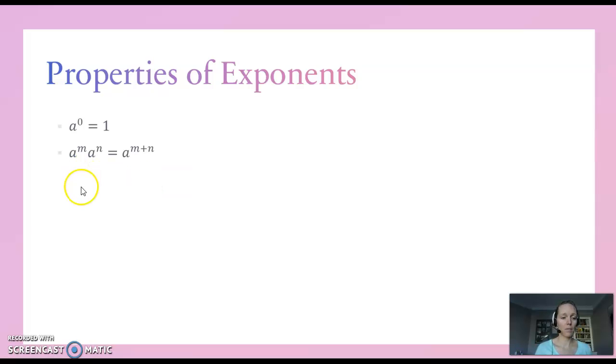The second property that we'll talk about is when we are multiplying two terms that have the same base. Notice that these bases match. Then we add those exponents together. We combine the base and add the exponents together. So take a look at this first example here where we have 3 squared times 3 to the 4th. Since both of these have a base of 3, we add those exponents together to get 3